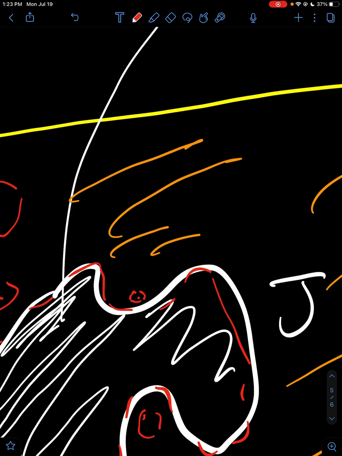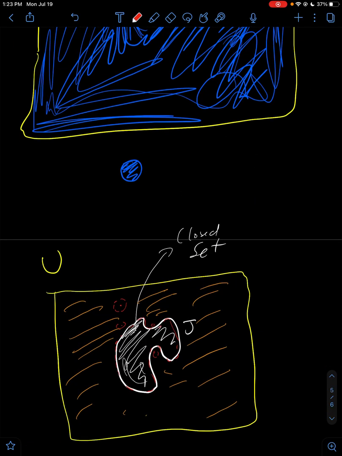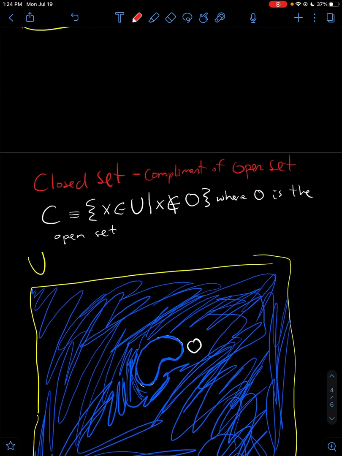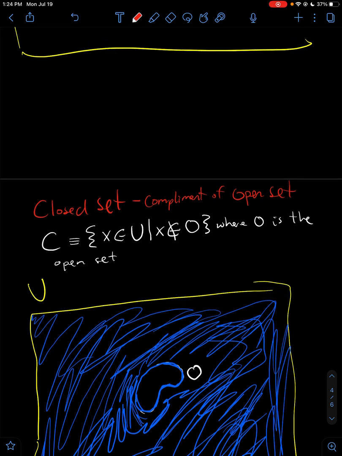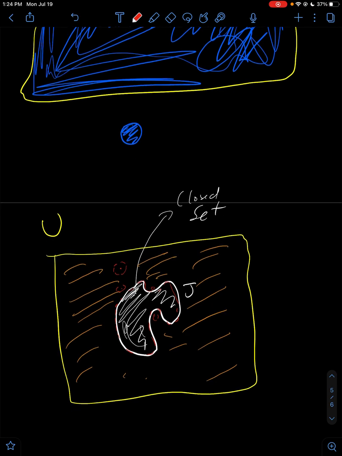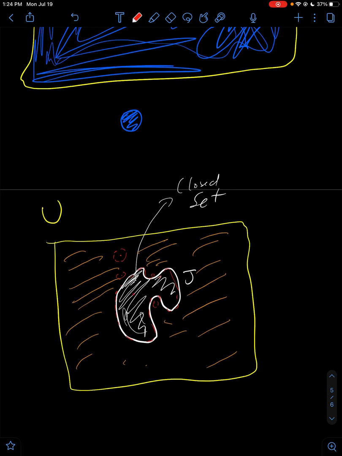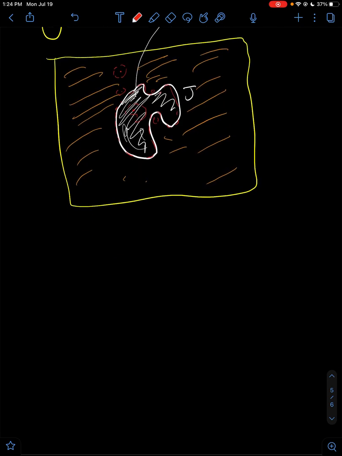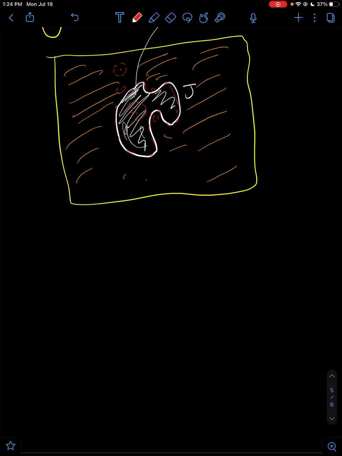So yeah, we can get as close to J as we actually want, right? But we can't touch that boundary there. So that would be an open set. So we probably could have defined this in a better way, since we could have points in J that are in the open set,